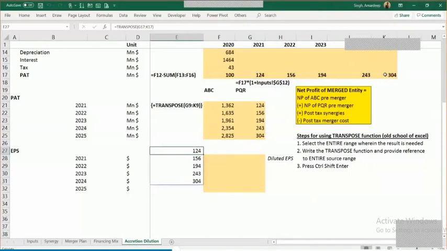This feature has been just added in the latest version of Excel. If I type something out here, then it shows a spill error in the latest version. But if I remove it, then the formula works fine. So this is the beauty of this latest function of Excel. Here you see that it's a normal function of Excel that I've entered. Equal to transpose, you give the range and it automatically transposes it. Right?